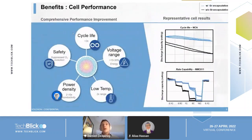This comprehensive performance improvement that we bring to cathode material translates into a number of benefits for lithium-ion cells, primarily a significant increase in cycle life compared to the uncoated material. We more than double the cycle life. We demonstrate that on a regular basis. We provide the ability for the